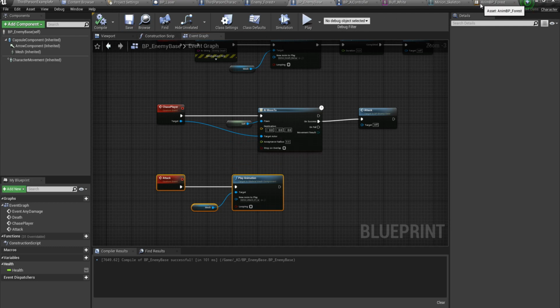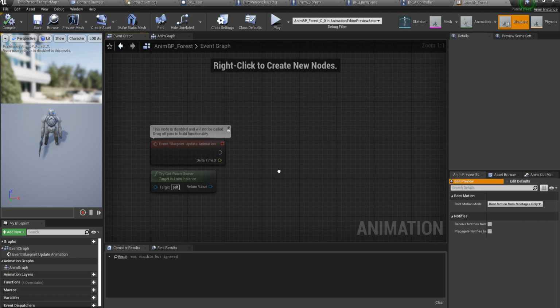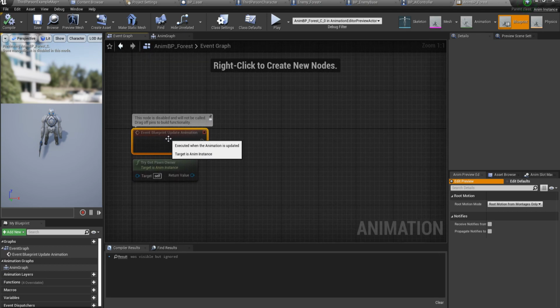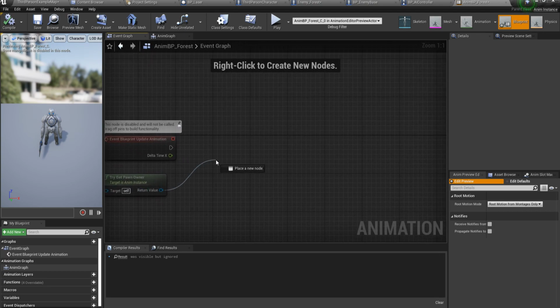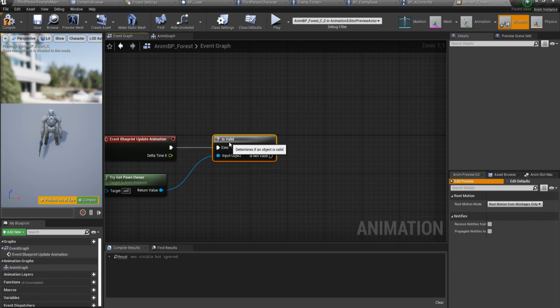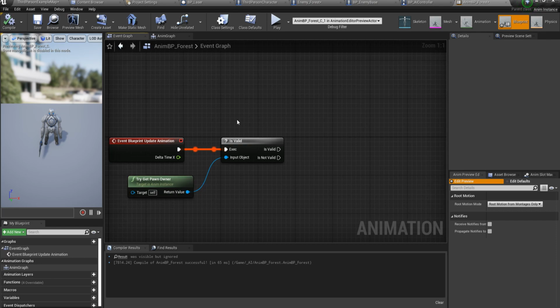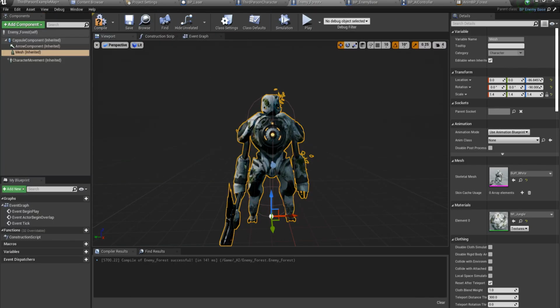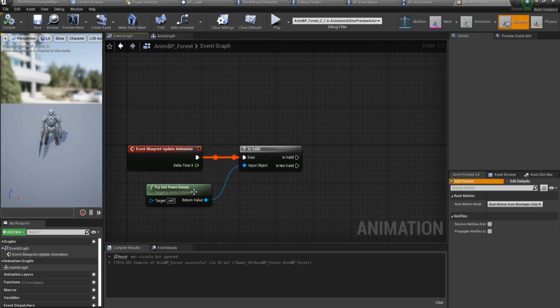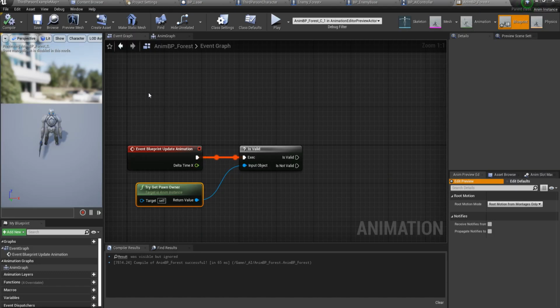But I don't want to get too in depth with the animation blueprint because you can definitely do a lot of crazy advanced stuff with it, but I'll just keep it as simple as possible. What I want to do here is on this update animation, I'm going to drag off of this get pawn owner. I'm going to type in is valid with the question mark. And all we're doing is saying only continue animating this animation if the character is actually valid, meaning this enemy is spawned in the world. So anyway,